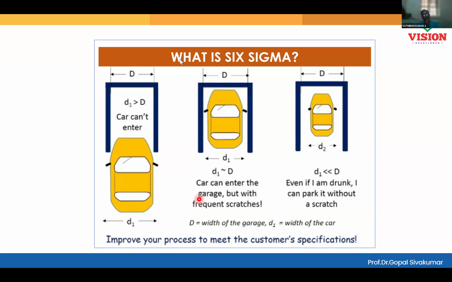Your process is 3 sigma process. Pick up the CPK value, multiply by 3. CPK equal to 1, so multiply by 3. Now you are getting your sigma level. Right, sigma level is 3. Sigma level 3 means at least 99.73% of my car is safe. Only a small percentage of the side mirror might scratch.